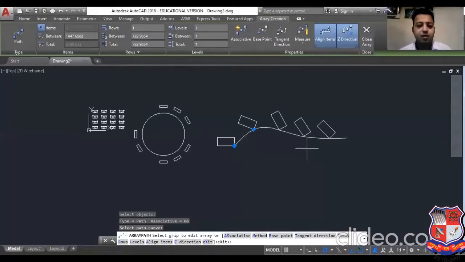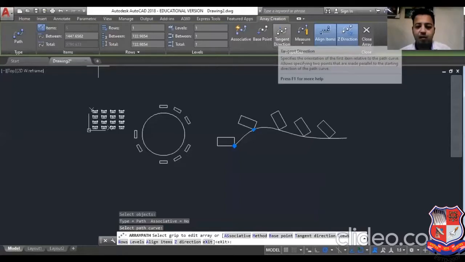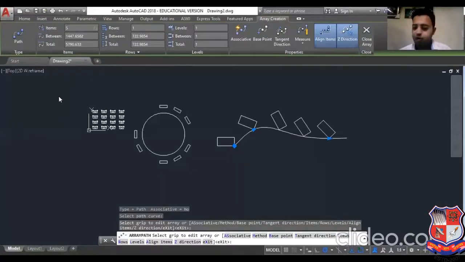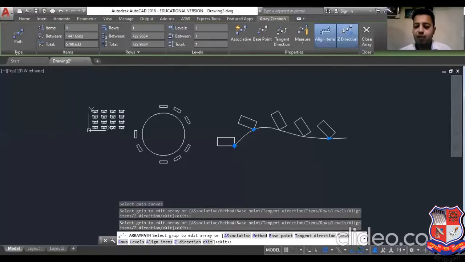You can see that the object is arrayed on the path with respect to the path direction. So here again there are so many options on the panel like circular array and polar array. Here the number of items you want to change, then click on this button, items, and you can change it, like 10. So if you say 10 items, the rectangles will be, sorry, but here the problem is that the distance between these two objects is very far. So I will say 100.